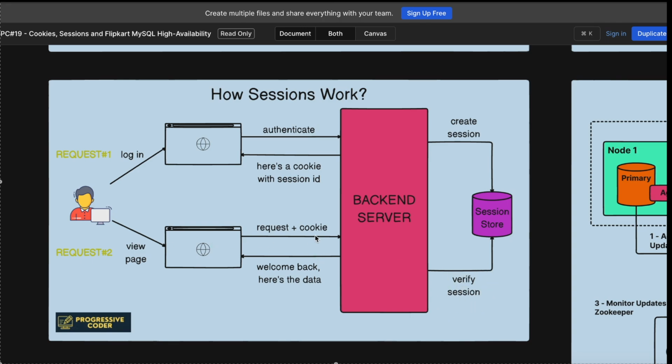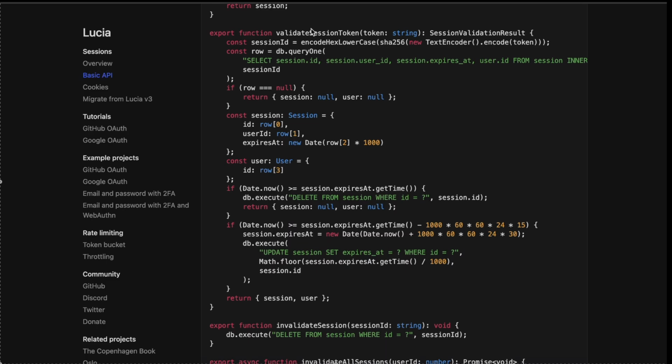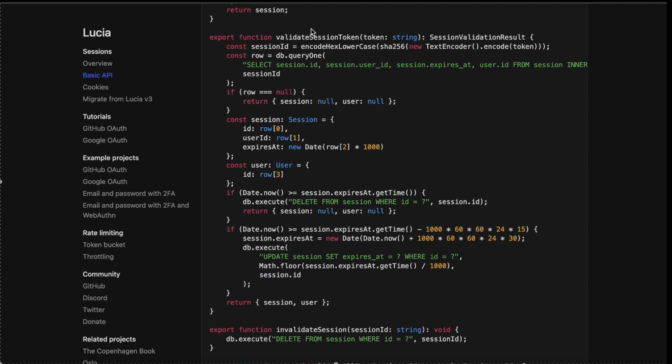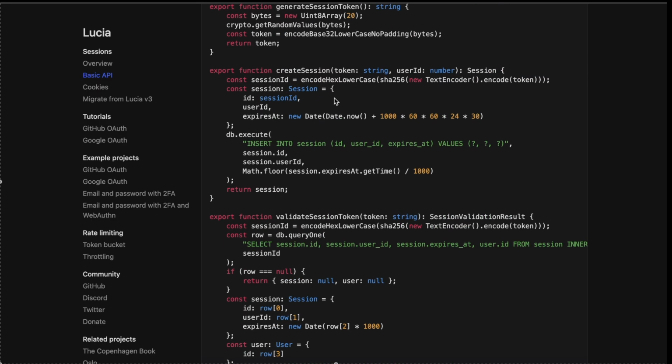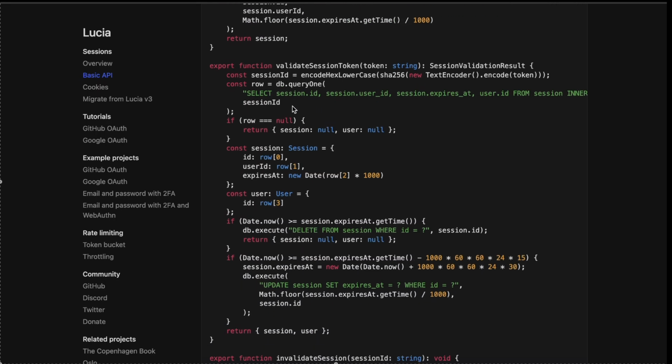Every single time that the user makes a request to the backend, it's sending the request and a cookie. And we're taking that, once again, session ID from the cookie, and we're using it to verify the session. So what does that mean, like the validate or verify the session token? So what we're doing in this function, we get the token from the cookie, we hash it, because once again, we hash the token when we're actually making the session with it. And then after that, we try to find any row in our database in the sessions table that corresponds with